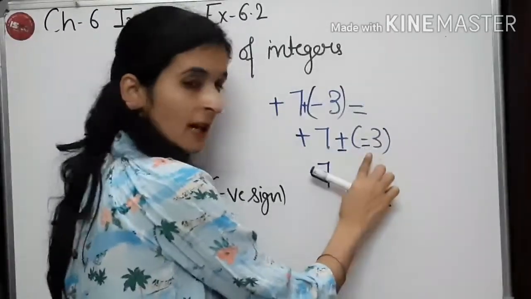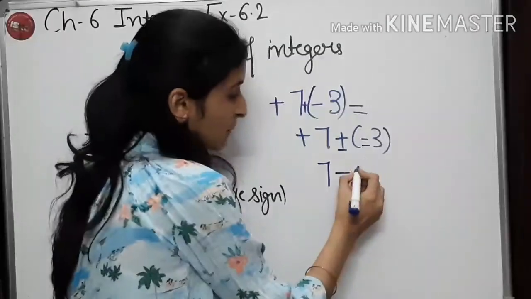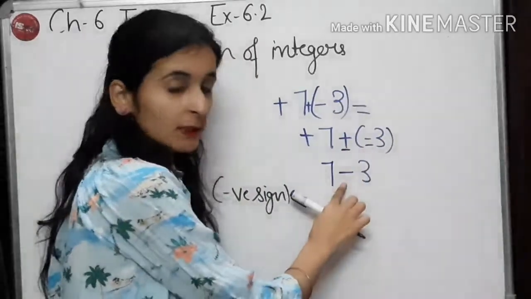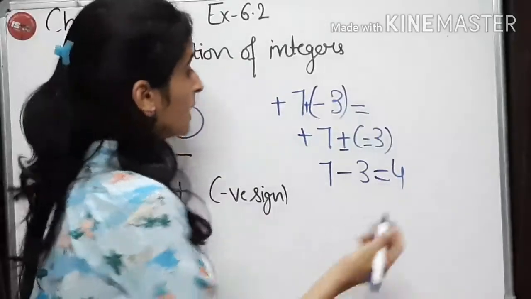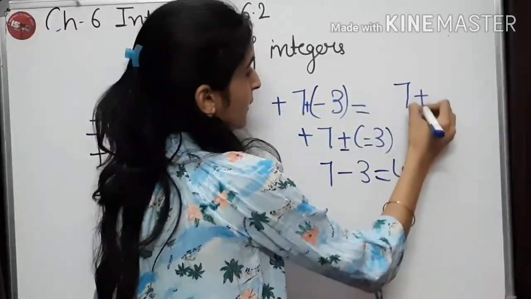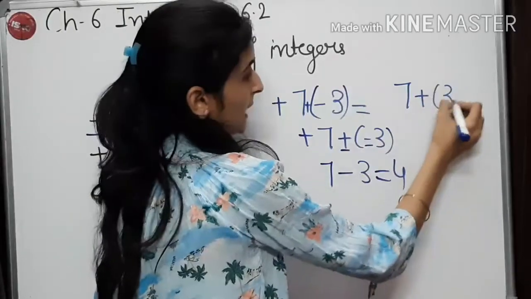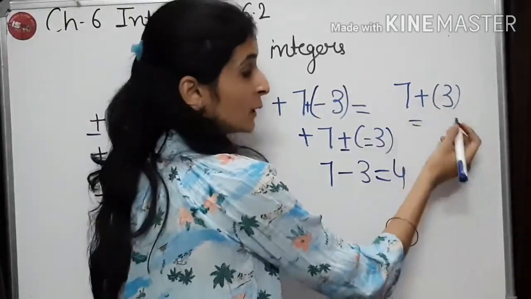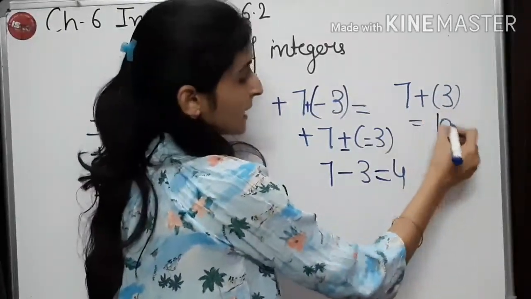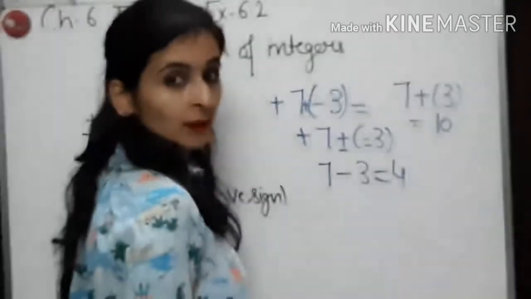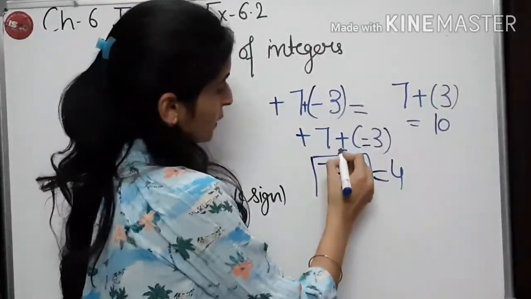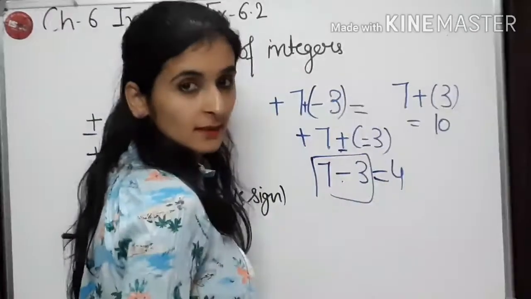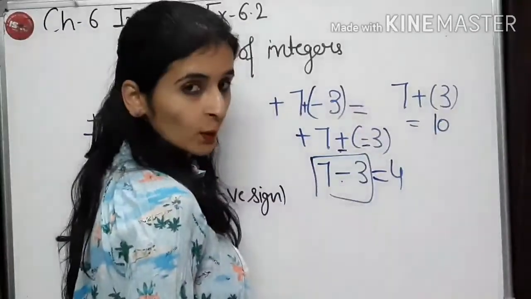तो जब प्लस माइनस आ जाता है तो हम क्या करते हैं? माइनस. प्लस माइनस क्या हो जाता है? माइनस. So 7 minus 3 is 4. Okay. Suppose there is 7 plus 3 and there is not any negative sign, then we will do addition. 7 plus 3 is 10. But if we have a negative sign in front of 3, okay, then what will we do? We will do subtraction, because plus minus is minus. So 7 minus 3 is 4.